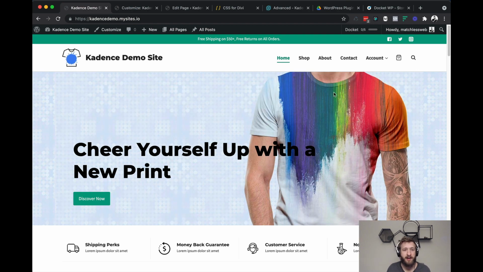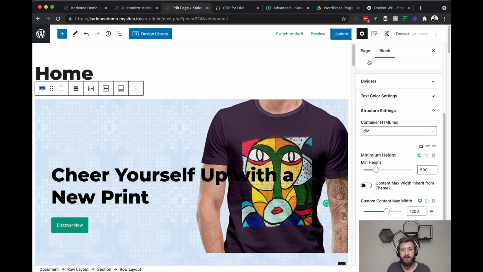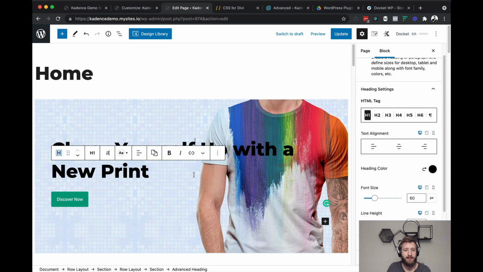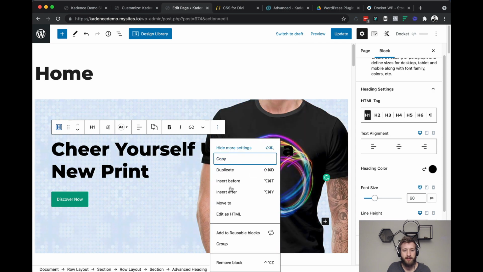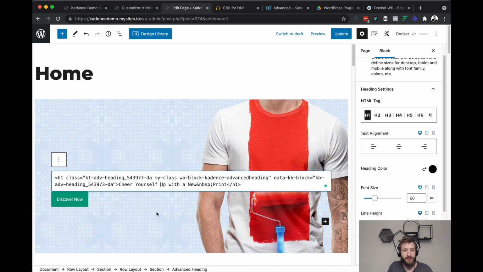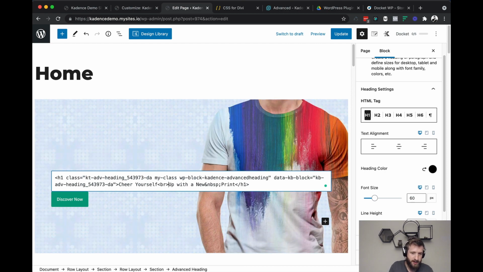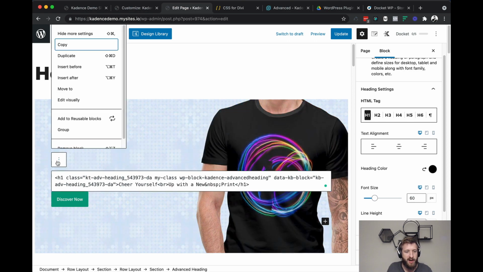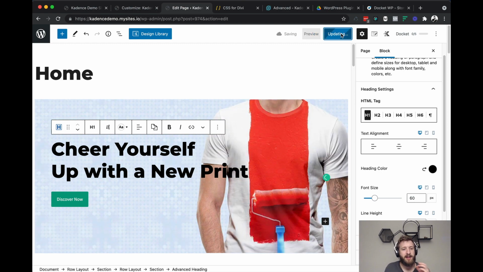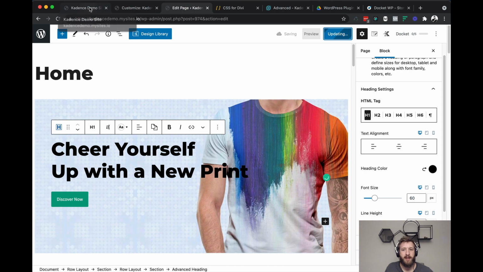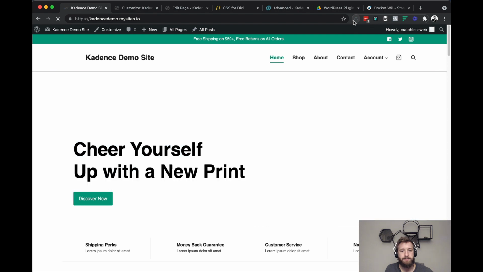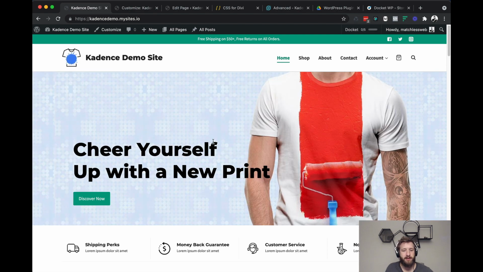Our text is going all the way over here, and so instead of using 2 columns and having an empty div, an empty column with no text in it, we can use our fancy little tool. So let's say we need the break to be after yourself. So we could just say line break. So BR with your angled brackets. Come back to edit visually, and boom, you have a line break at cheer yourself up with new print. And come to desktop, refresh. And we could say, oh yeah, that's awesome, love it.